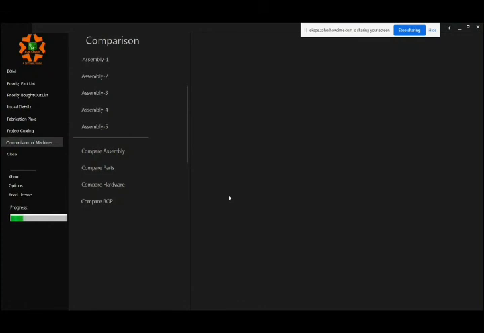So this comparison of machines gives you the details of common assemblies, common parts, common hardware, and common POP items, and helps you reduce your material scrap and get some cost benefit on your POP and hardware. We can browse and compare 5 machines at a time, and start creating reports, which give us the details of common parts. This is the comparison, these are the common parts and these are the unique parts. For the common part numbers, there are the details: the quantity in machine 1, the quantity in machine 2, and the total quantity, right?